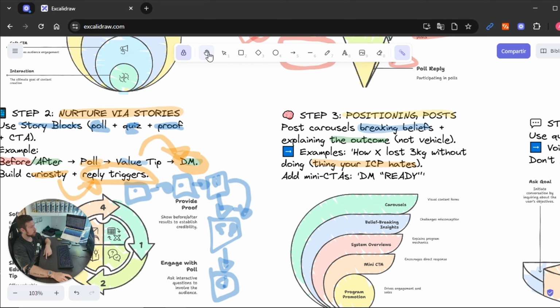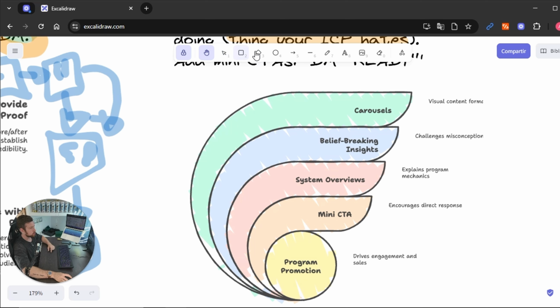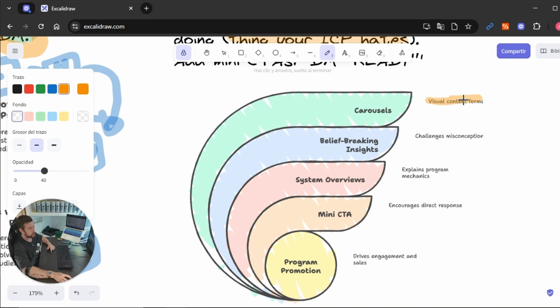So how does it work in a practical manner? You will have carousels, so visual content as a carousel here. Then you will have belief breaking insights, as I told you. Once you explain the outcome, you can start explaining your system or the overview of your system, because here people already trust you.